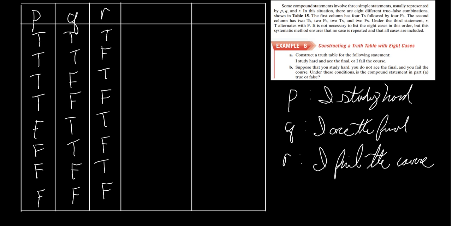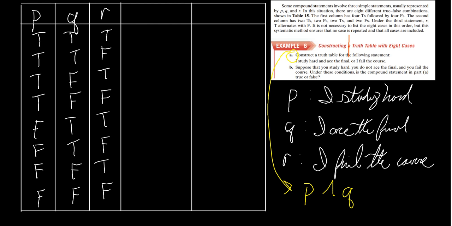We're still working on A, which says construct a truth table for the following statement. I study hard and ace the final, or I fail the course. Alrighty, so in order to do that, if I were to set this up as a statement, it reads again, I study hard and ace the final. Okay, so since I'm going to be studying hard and acing the final, which is Q,